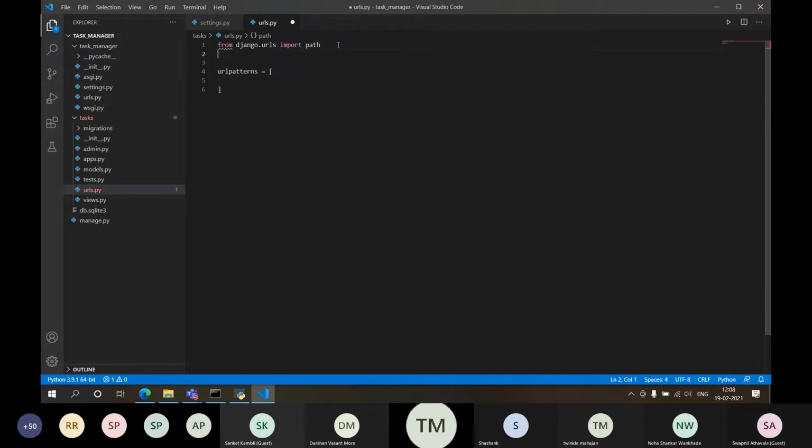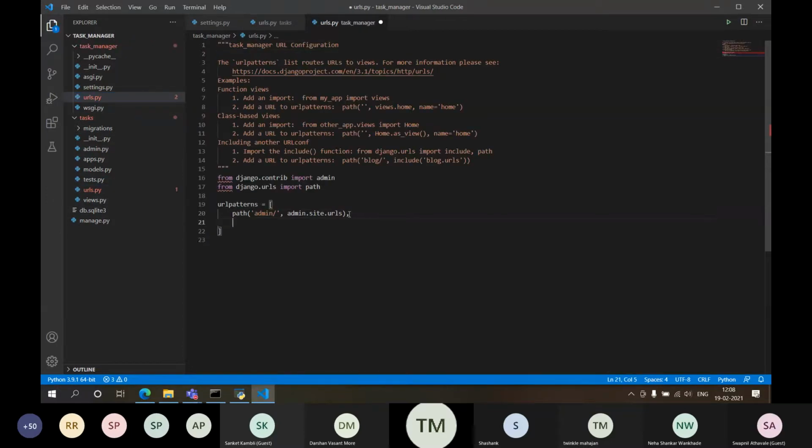Now for this urls, I'll require views: from . import views. And here in the main project urls.py, I need to mention it like this. path with empty quotes. If I call nothing, in that case, it should take me to my task.urls.